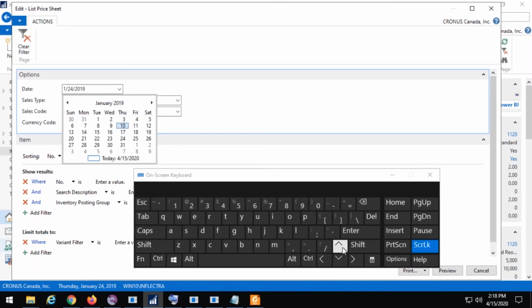So up and down changes the current week, left, right is switching between dates, home end goes to beginning and end of month, and page up, page down is switching between consequent months. So there are a number of useful controls that may allow me to select any desired date by doing this consequence of keystrokes. As I remember, Control Up shows me month view, so I may quickly select the month from this view. Another Control Up would show me the year's view, so I may just pick the year, like 2016, for example,